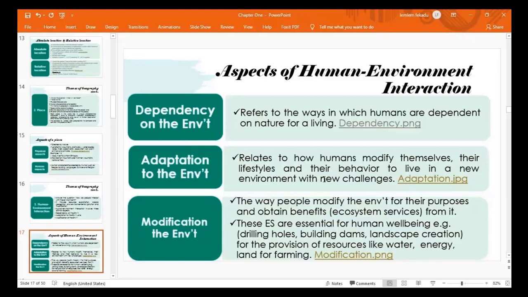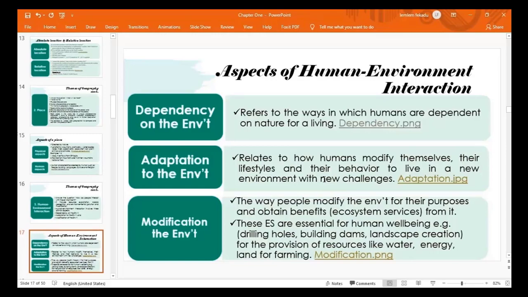So in order to live in a new environment with new challenges, humans modify themselves, that means their lifestyles and their behavior. So this is referred to as adaptation,